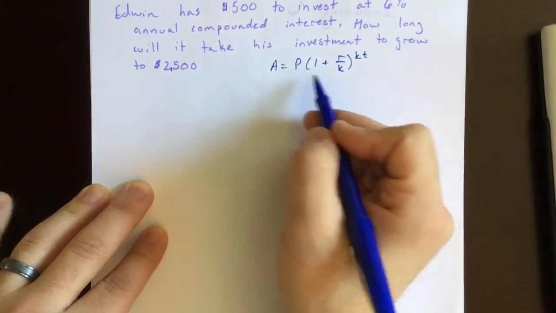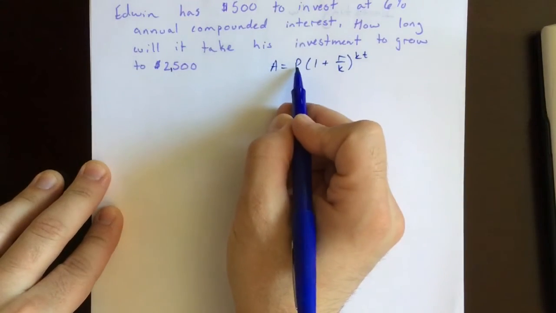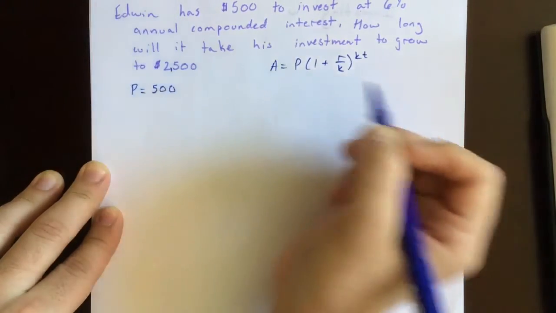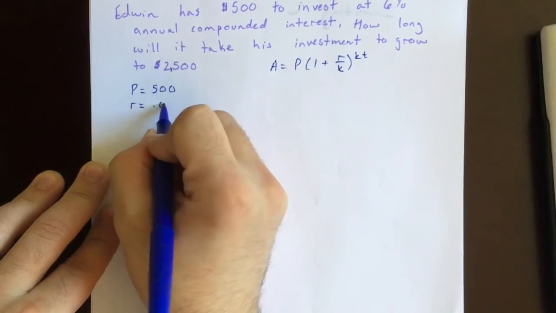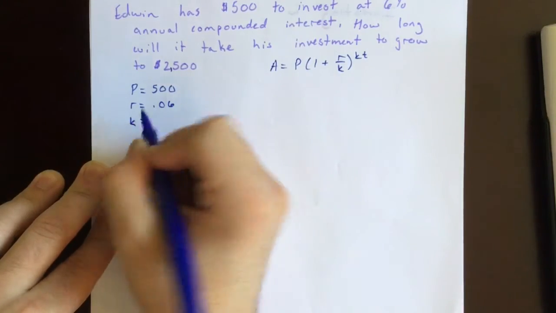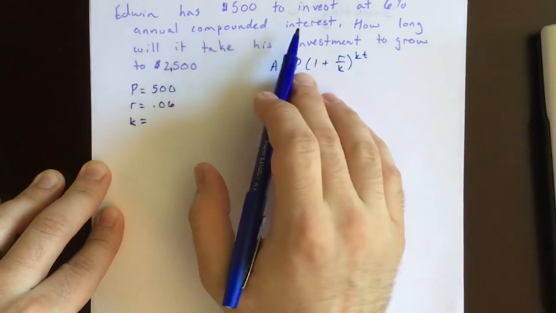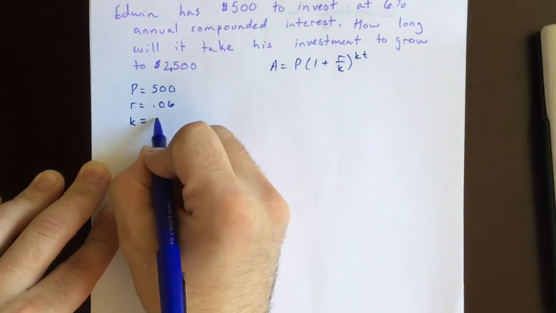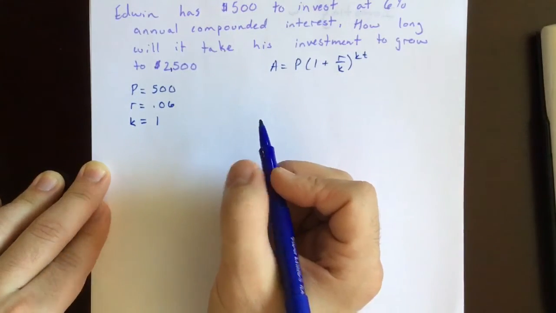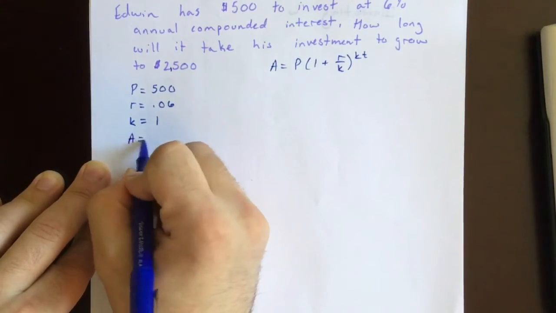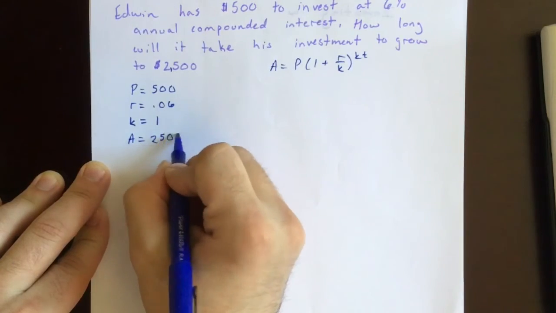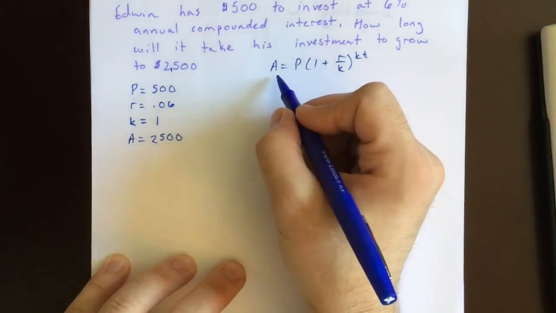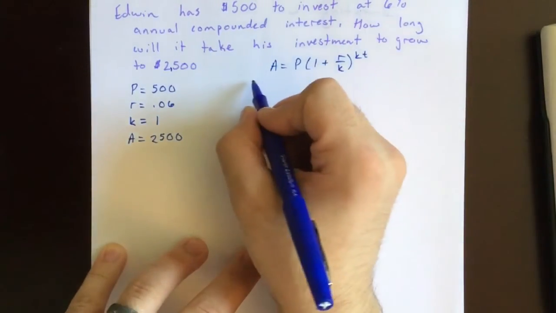Okay, so we know what our initial is, we're initially putting in $500. We know what our rate is, 0.06. The compounding period says annual compounded interest. We're compounding annually here, so our K would be 1. And then our amount that we desire is 2,500, and we do not know the value of T. That's what we're looking for. So placing everything in, and we find, let's see,